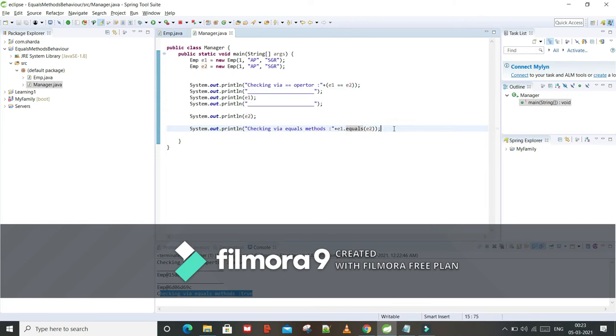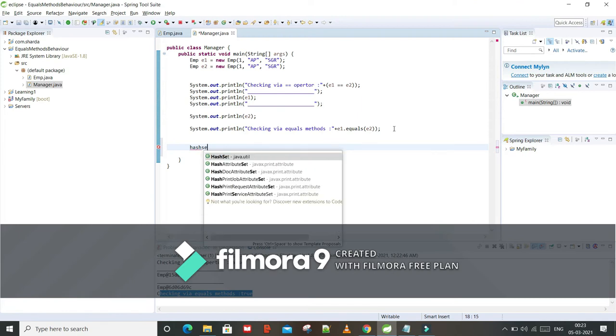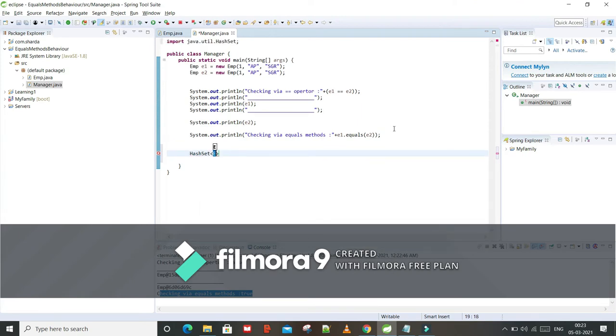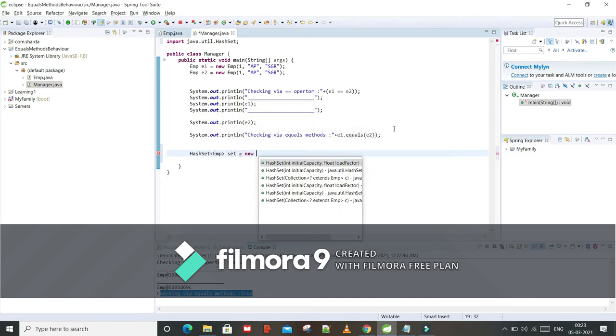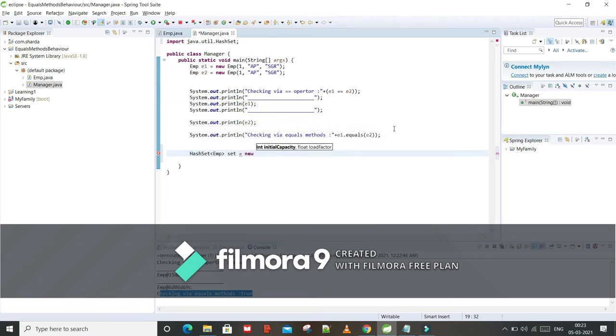So is this enough, overriding the equals method? Is it enough? We'll see with a HashSet, because we know the HashSet functionality. It will not take duplicate objects, right? Set equal to new HashSet, we give an empty object.